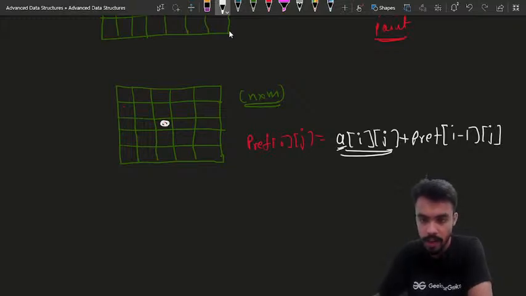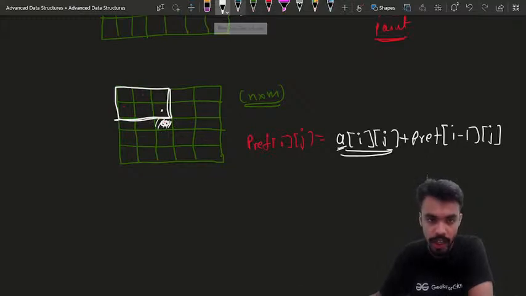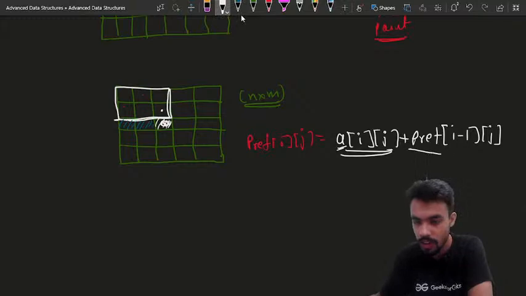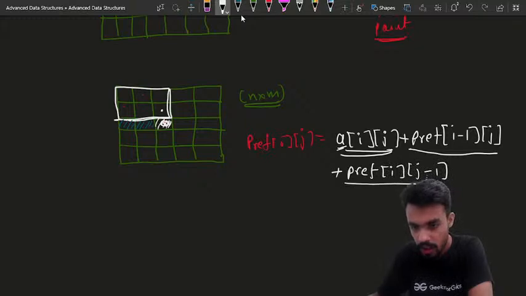So the prefix i minus 1 j would be this value, and this value would be storing the sum of all these elements, and we have added this element also in this value. Now the only thing that is left to be added is this one. Now how can we add this one? So along with adding this, I am also adding prefix i of j minus 1. If I am also adding this element,